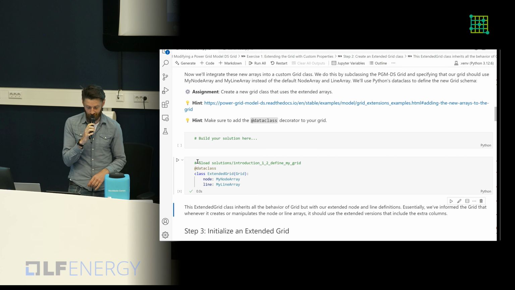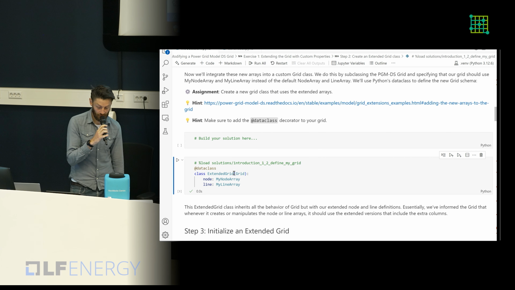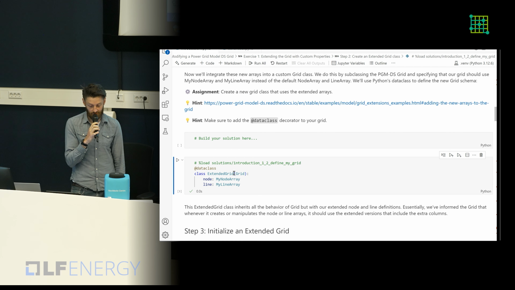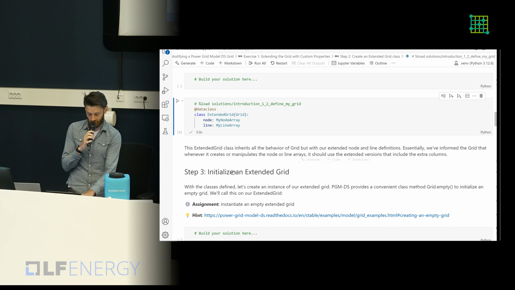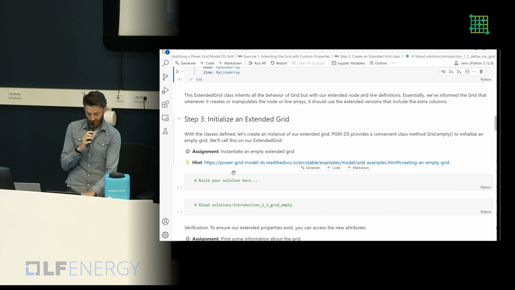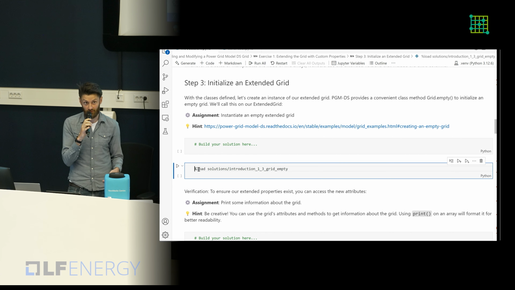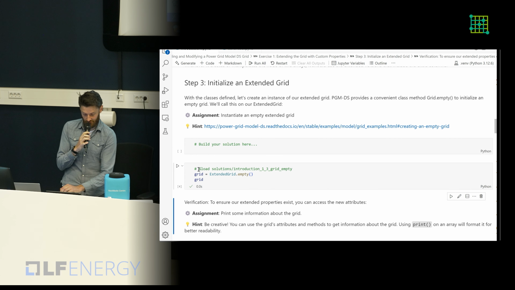It's pretty easy, pretty straightforward. You just subclass again the grid provided by the Power Grid Model DS project. We call it extended grid in this case, and then we redefine the node and line array. That was, in my view, straightforward as well. Next step. Now we have the grid class, and we actually want to instantiate that grid class to an instance, and that's this.